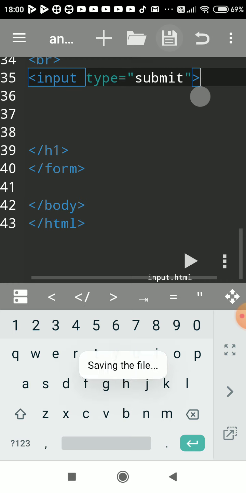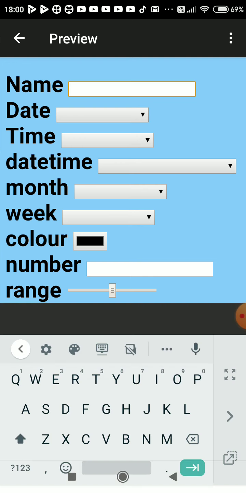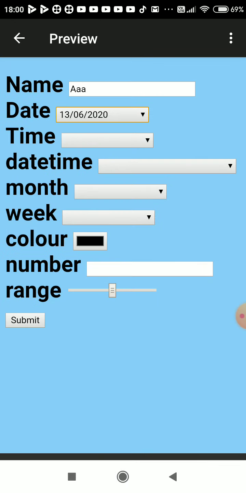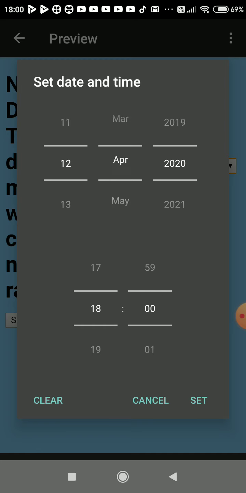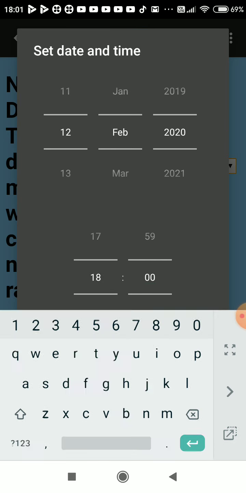Save it. So this is submit button. So whatever you will enter in this, it will get submitted to server. As we are just designing, so when you want data to be submitted to the server, that also we'll see in further practicals.